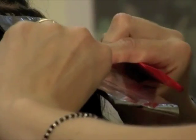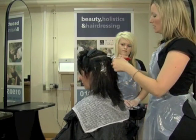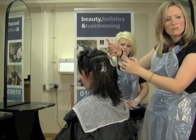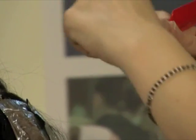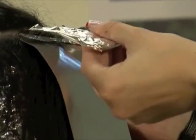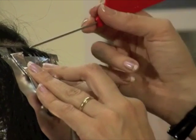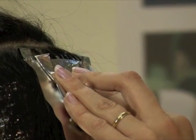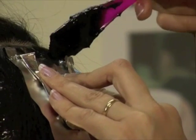Okay, so once I've got the colour on, if when I fold it, instead of staying nice and close at the root, it comes away, and it's all wobbly and hanging in for dear life, instead of panicking or putting cotton wool around to stop bleeding, what you need to do is take another foil, fold it just as neatly, use this as your foil to put it underneath your existing foil, push in just the same, and pull this one down until you see a tiny bit of the colour that you've already painted. If you need to add any more to get closer to the root, only go to where you've creased the underneath foil, so just a slight line of colour,